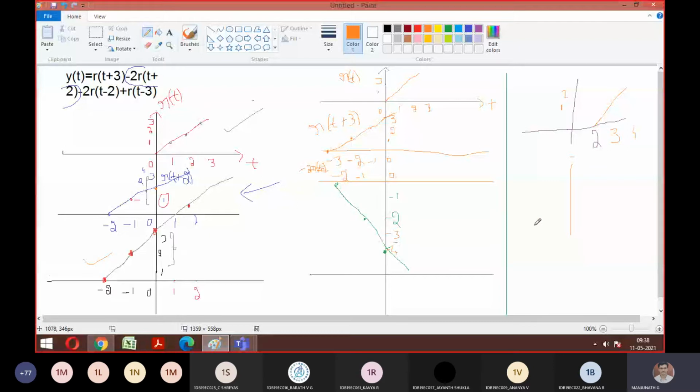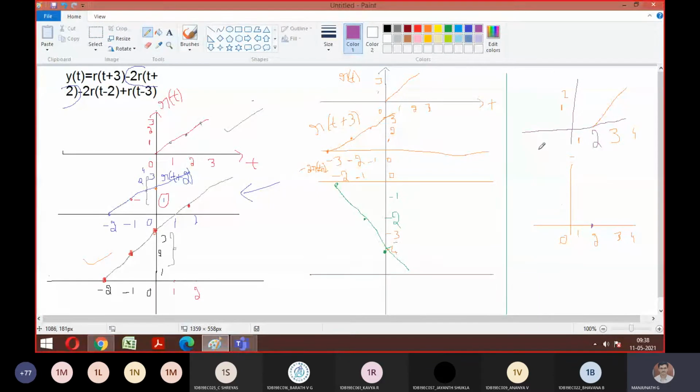1, 2, 3 and 4. So the signal is at 2. In here, over 2 it is 0 only, so I will make the point at 0 itself. Fine. So for 3 it is going to be at 1. You multiply it. Here for 3 it is 1, so 1 into the corresponding amplitude.